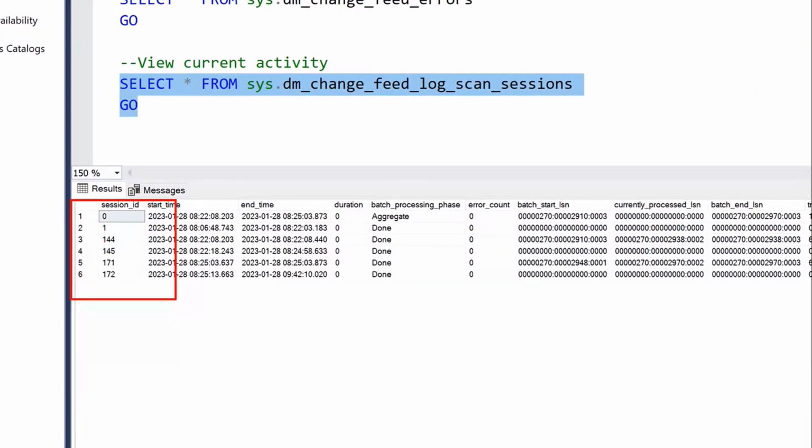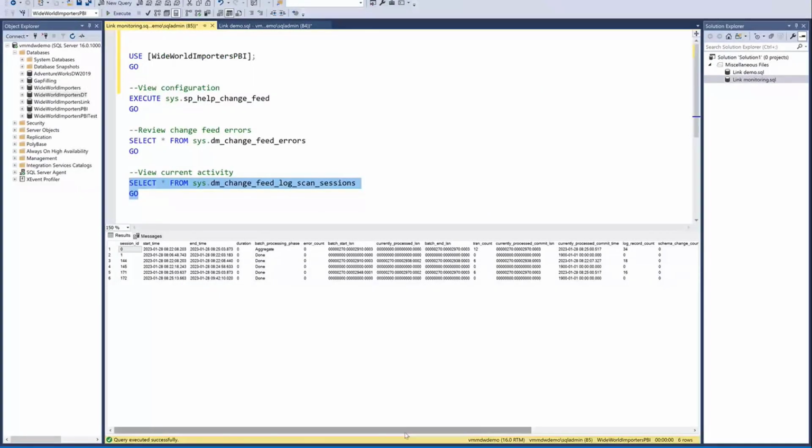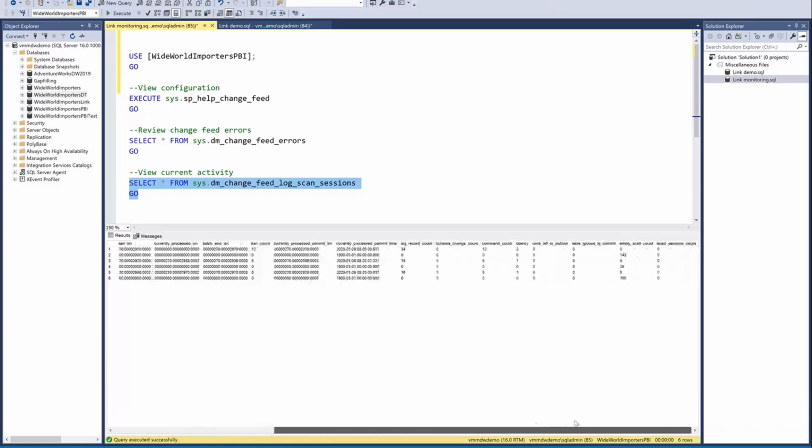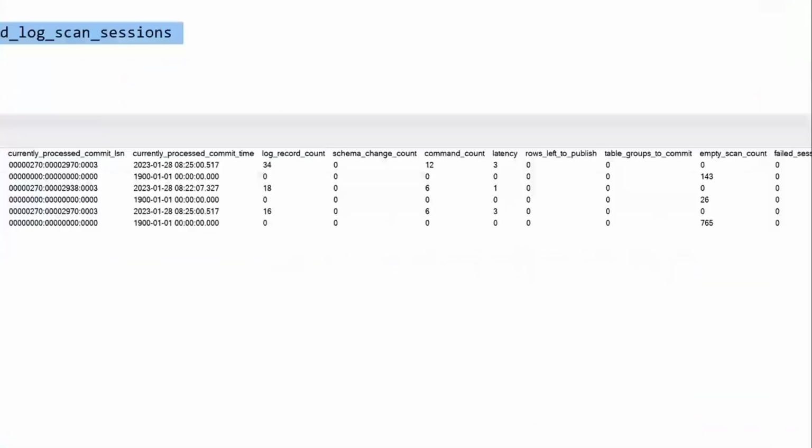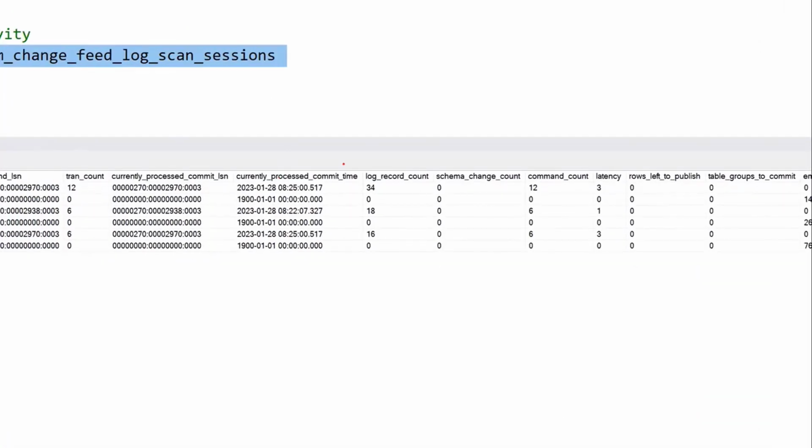So we have an overview of all the changes that were propagated during the existing link connection, and we can see some useful information, for example, currently processed commit time and log record count. Log record count says how many records were propagated through this link connection from my on-prem database